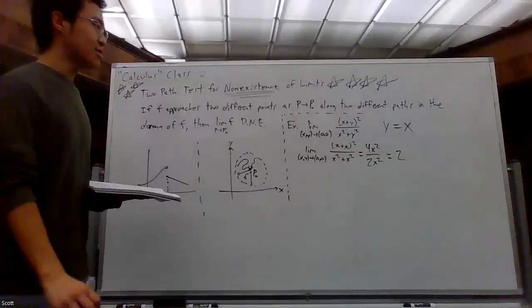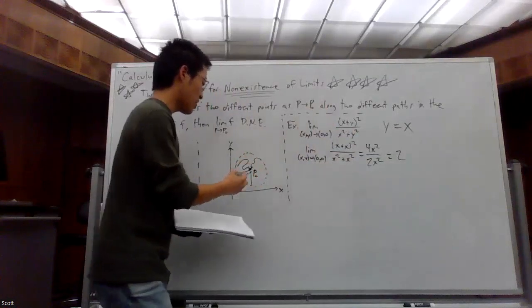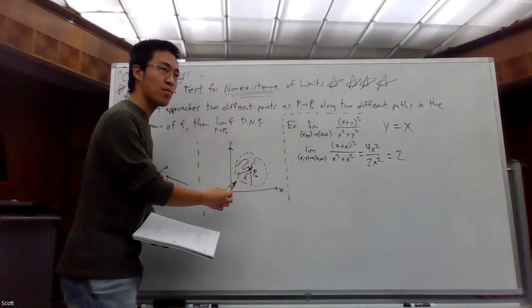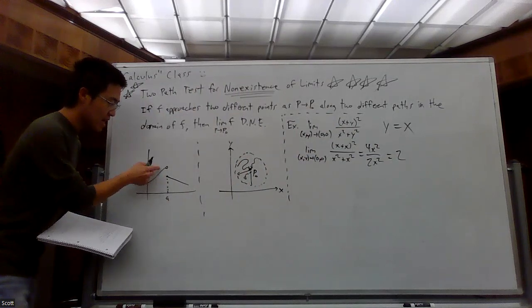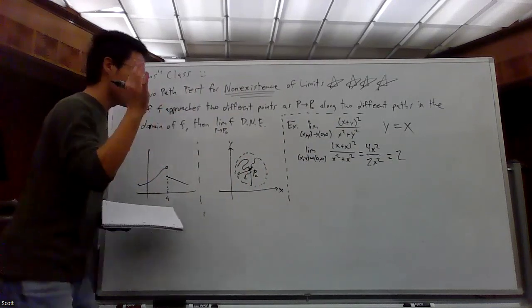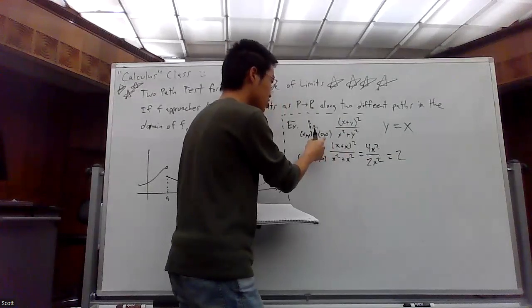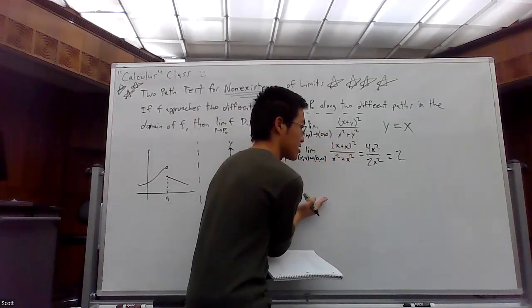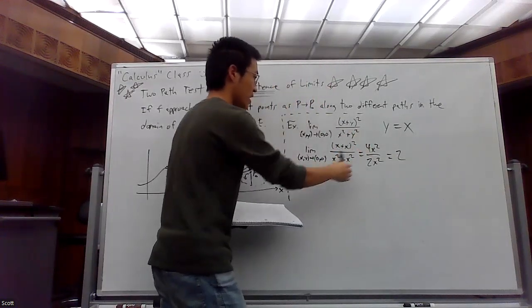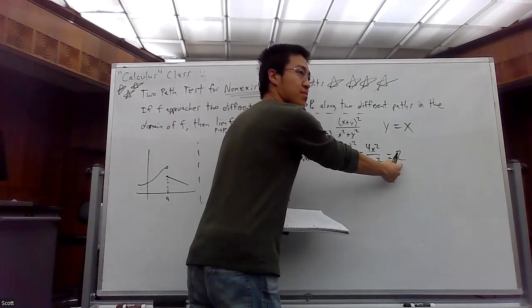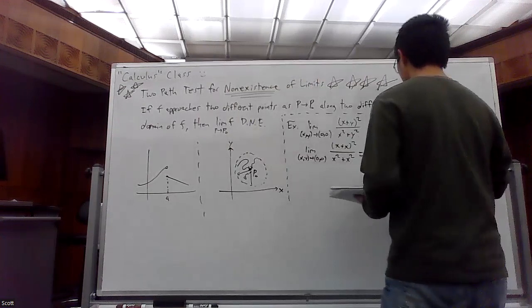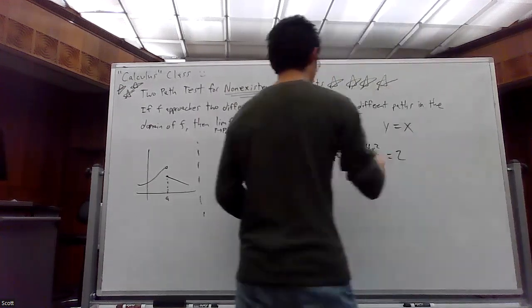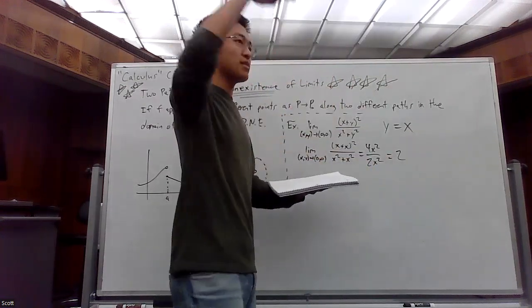So here's how I interpret this. As we're traveling through the input space, as we're approaching it, we would say, okay, as I approach from the left side, I get to this function value. Analogously, as I approach the origin along this y equals x path, the surface is going to approach 2. Now, what if we approach it from a different path? Maybe we don't want to go along y equals x. After all, it shouldn't matter, right? It should always approach the same thing.